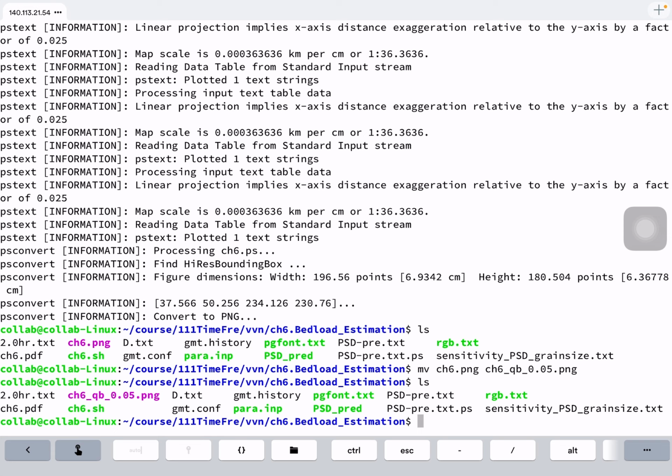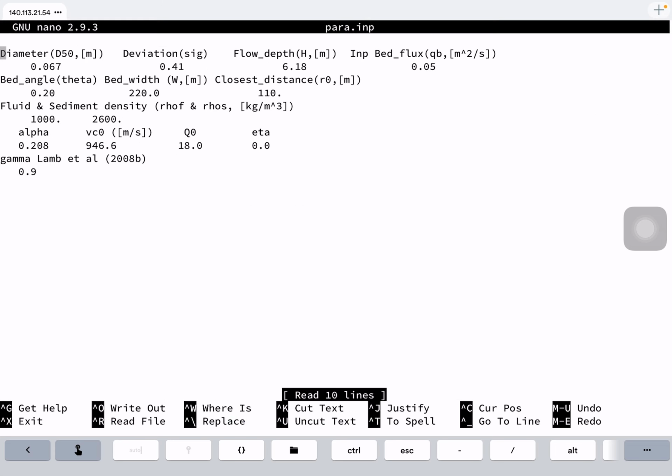And then we can edit the input parameter again. So right now I edit the input parameter again. Nano the PARA dot input. And in the last try I used the 0.05 QB value. But right now I want to try a different one, to be the 0.1. Okay, and fix other parameters, don't change. One time we only change the QB value. So save the file